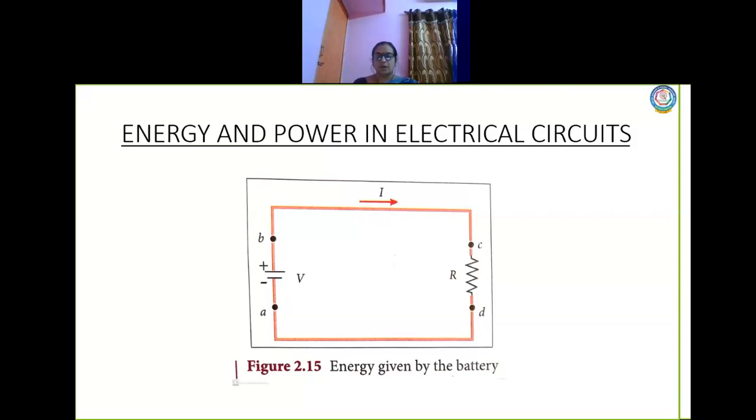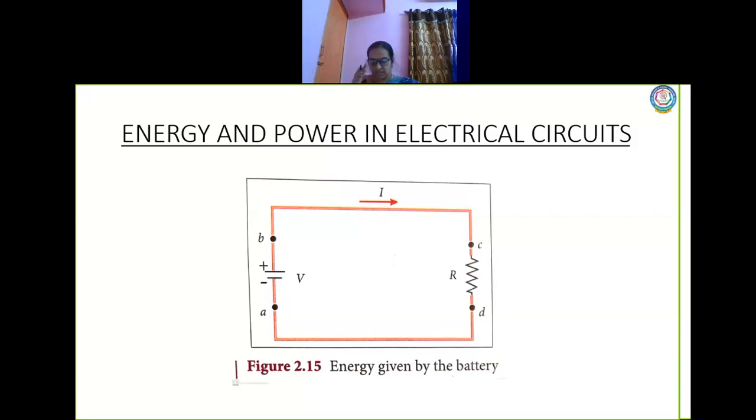So what is the work of a battery here? It transports its energy to the resistor that is connected in the circuit. Is it clear? So when the energy is transmitted, what is the energy and how do we define it? That is what we are going to learn here.